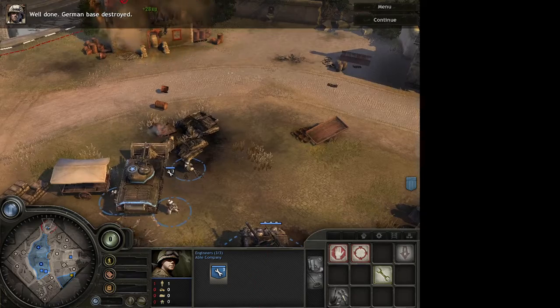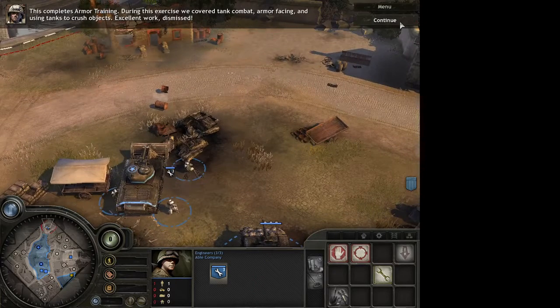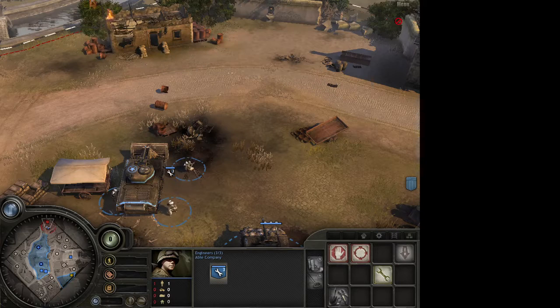Well done. German base destroyed. This completes armor training. During this exercise, we covered tank combat,